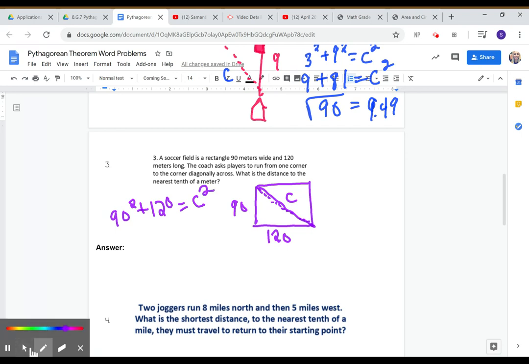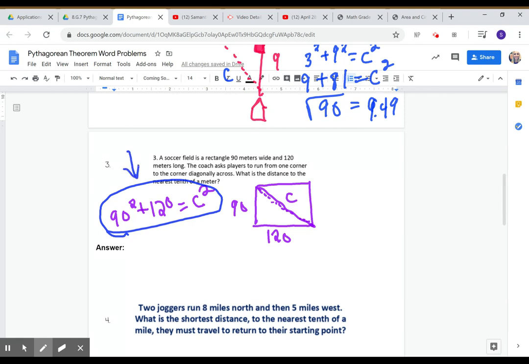Now be careful as you're reading through the next 3 problems, because I did mix these up a little bit better. So be careful of the wording. Look at what they give you. I would like for you to show me at least this first step. So I'm going to circle that. I don't need to see step by step your work, but if you at least show me this